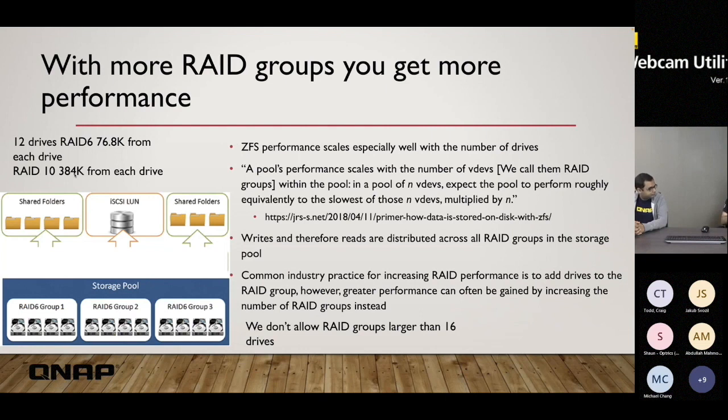But if it's a scenario where there's just a lot of people accessing at the same time, like I came across a scenario recently where someone wanted like 30 video editors. I think they were editing like 1080p or something. So the bandwidth seemed possible for the throughput, but with that many people at once, I was wondering, well, will this stay sequential? And so when you just have a lot of people accessing the NAS at the same time, RAID 10 could be an option to consider. And also, QuTS Hero doesn't allow you to add a single drive, so it's very important that you plan your upgrade or expansion strategy well before